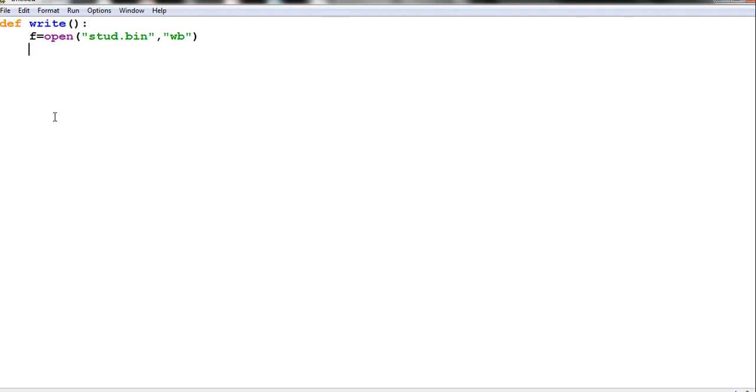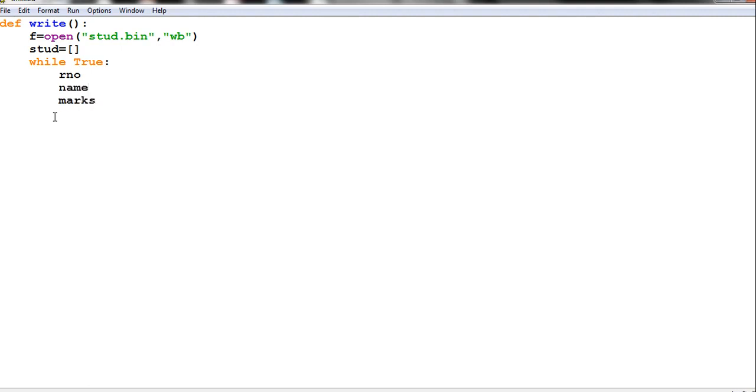Now, as I told you, you take stud as an empty list. Then while True, or you can take a character ch equal to y and continue with that also. What all I want to enter about a student: a roll number, then a name, then marks.